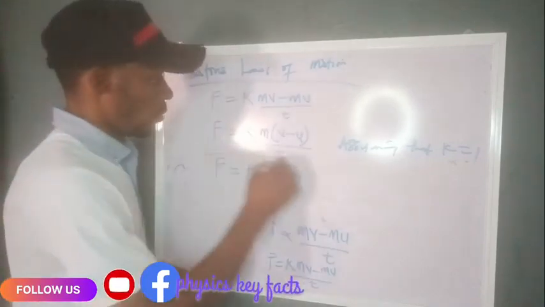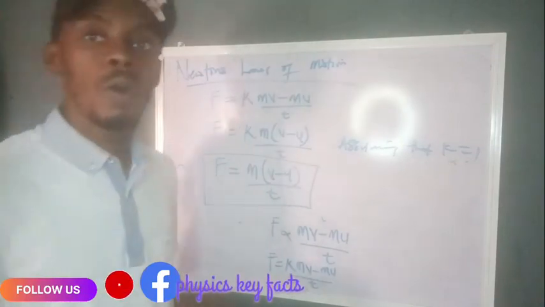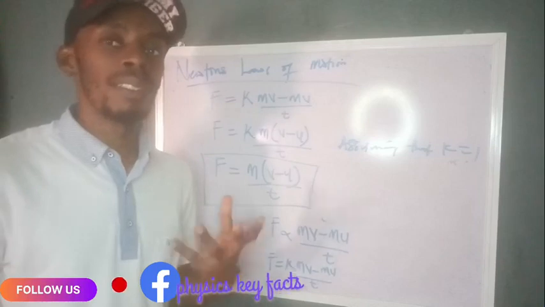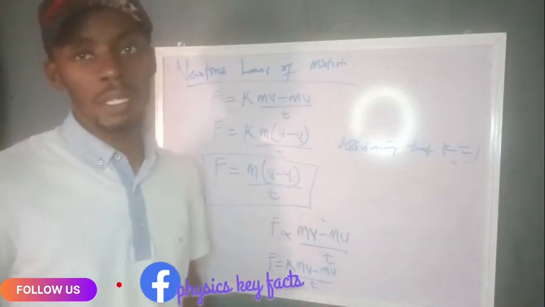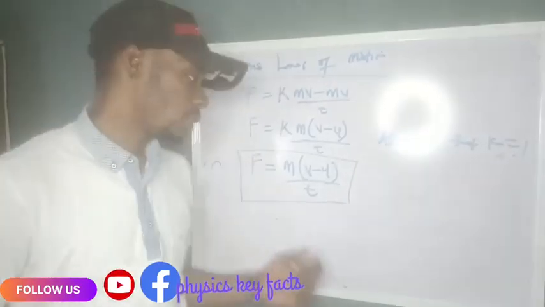So this is the formula according to Newton's second law of motion. The rate of change of momentum is directly proportional to the applied force and takes place in the direction of that force. So what this simply means is,